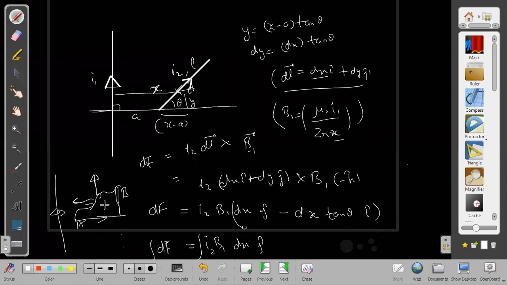Remember this thing. I can get the force parallel to the current carrying wire by taking the projection. In which way do I have to take the projection? I have to take the projection perpendicular to the wire, in the radial direction. Then automatically I will get this force from there itself. But if somebody wants the perpendicular to the wire force, that will not be obtainable by this projection method.